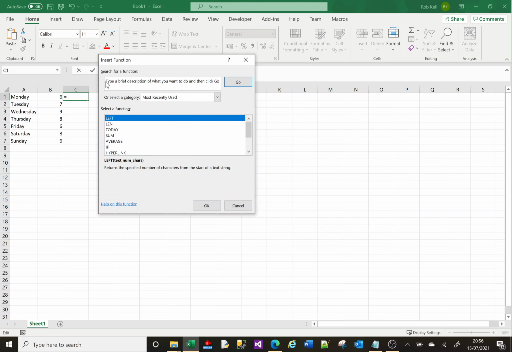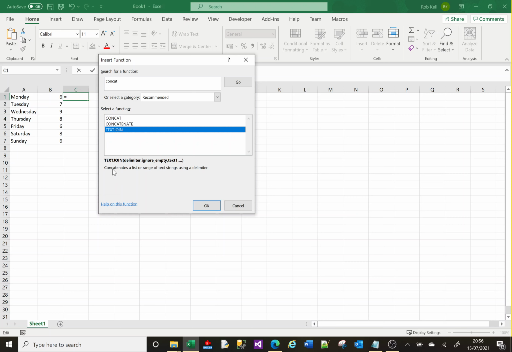So let's imagine you have an idea of what function you want to search for. So maybe you want to search for a function that joins pieces of text together, so concatenates. So we'll just do a search for the word concat and we'll press go. And in the results box here, we've got a function called concat, a function called concatenate, and a function called text join that has concatenate in its description. Okay, so each of these here, they've got a unique identifying name, and then underneath you've got that little description that tells you